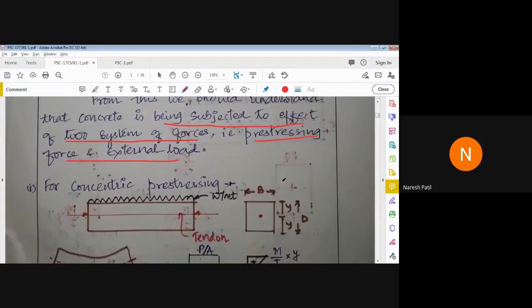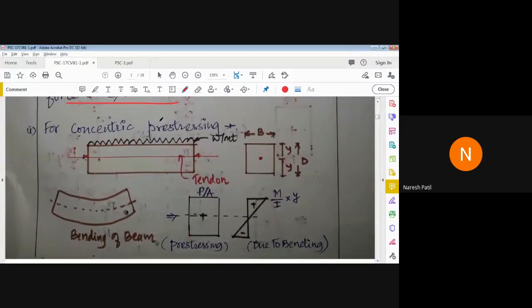I'll discuss how to get the stress using concentric pre-stressing and eccentric pre-stressing. Okay, now first, if the cable is concentric,